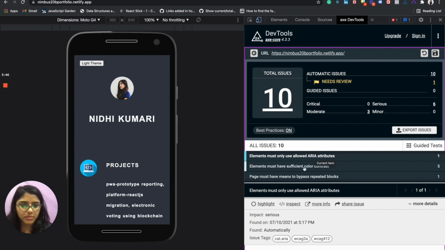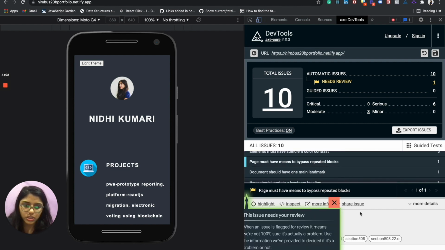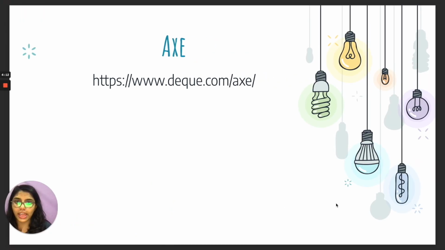Two are the major ones, like ARIA attributes must only be allowed, and then I have another which is similar in both the other accessibility checker tools, which was color contrast. And this bypass one, this issue needs your review. It's not exactly an issue, but instead it's a warning. So that's how you can use aXe here.